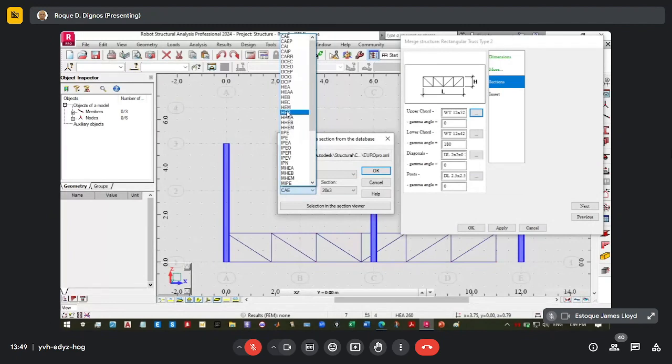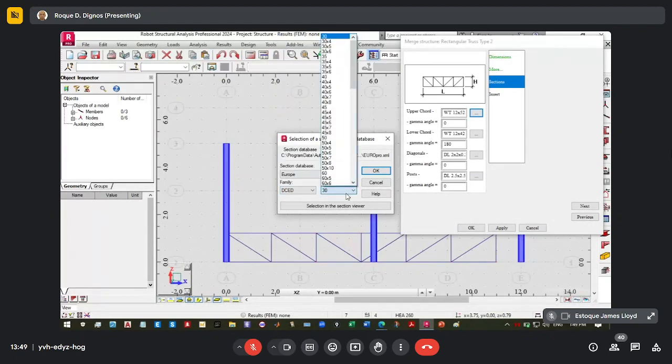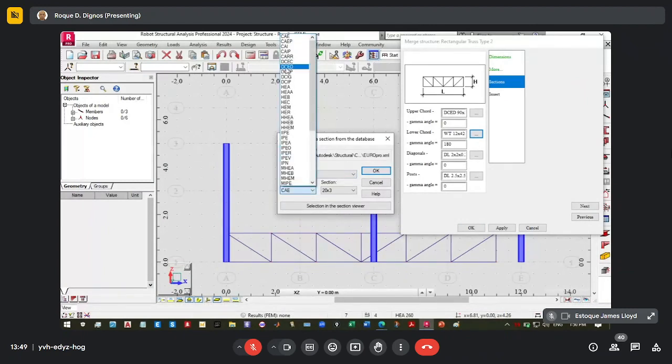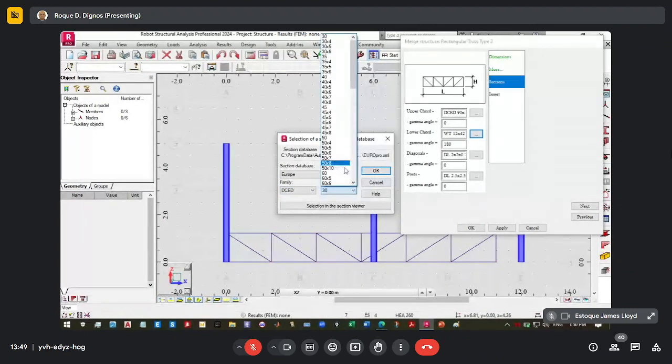We select TCD 90 by 10, and BCD again 90 by 10.